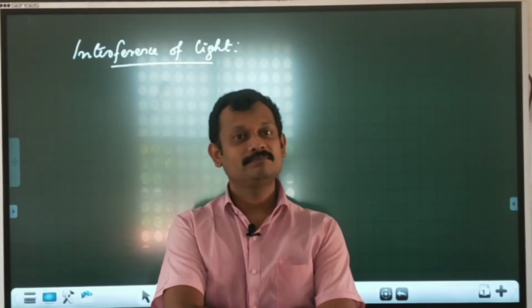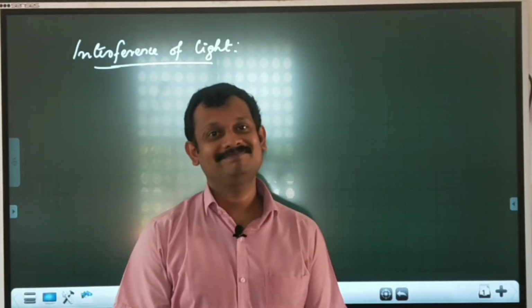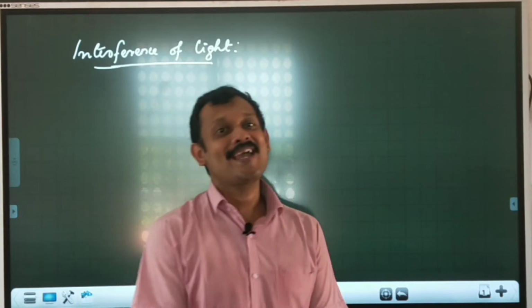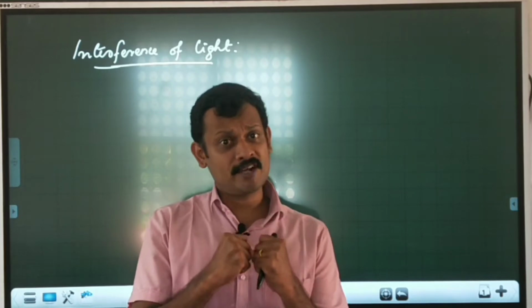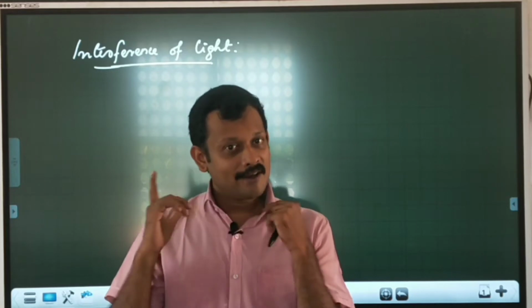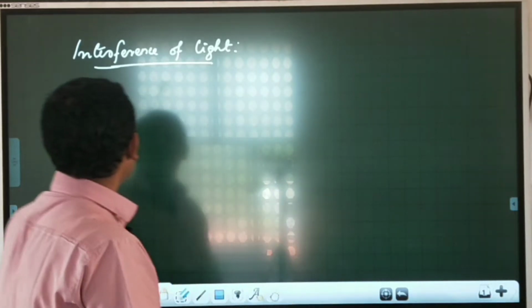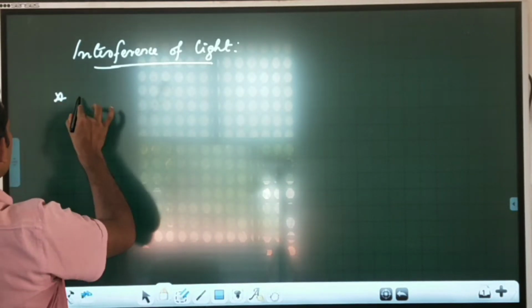Students, in this video we are planning to discuss the interference of light and Young's double slit experiment. So let us first of all study the interference of light. As we have seen in the last video regarding the coherent and incoherent addition of waves, there is a redistribution of energy as a result of the superposition of two coherent waves. Remember that two independent sources of light are never going to be coherent. So now we will first define what is interference of light.